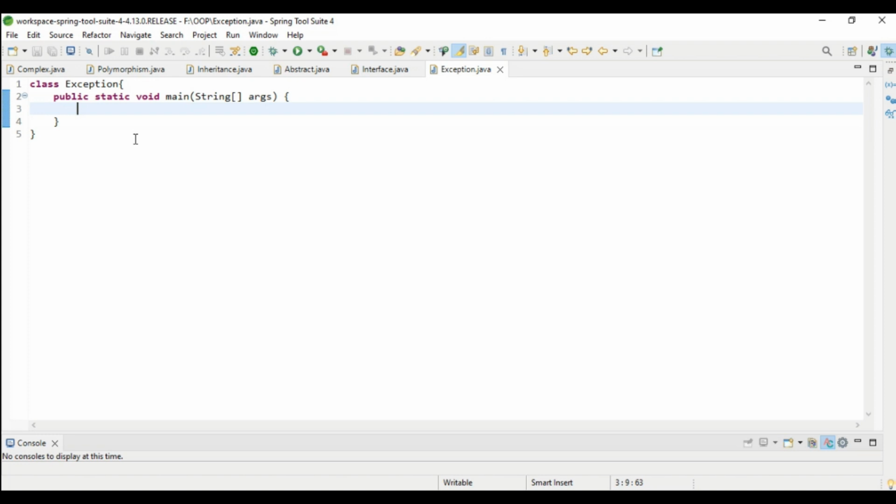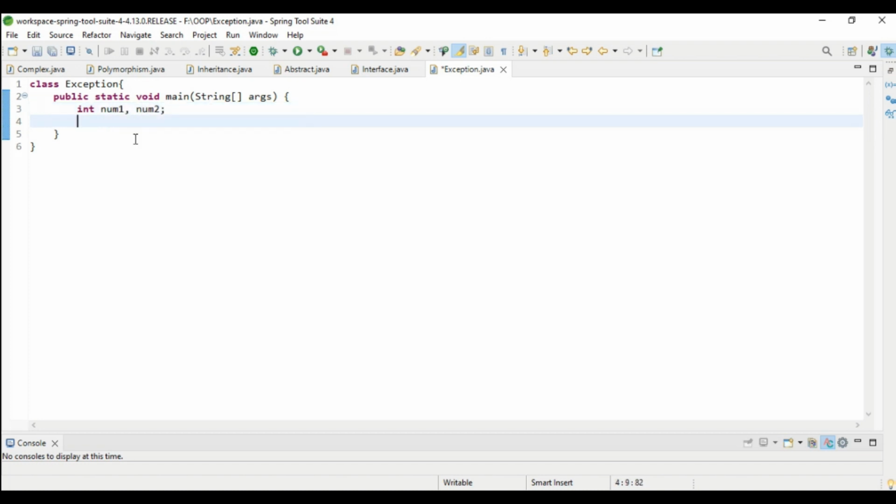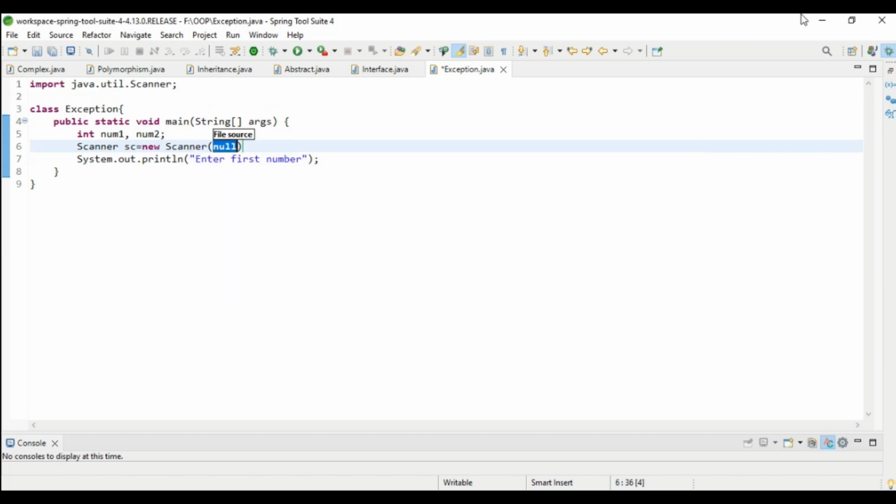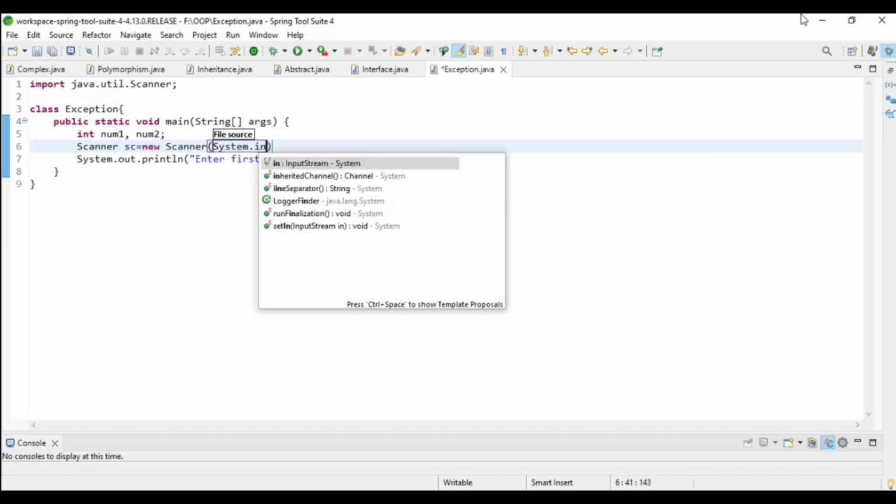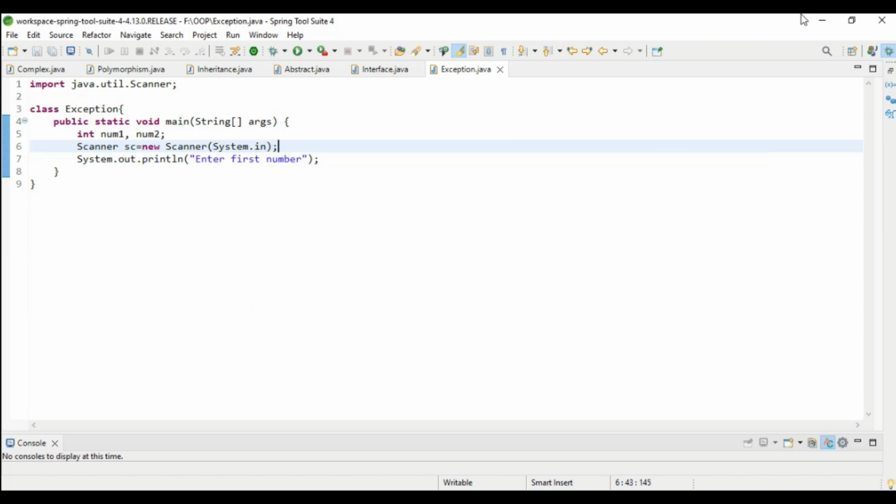Here we are going to take two values from the user, integer num1, num2. System.out.println, enter first number. For taking the value from the user, we are using the scanner. Scanner sc equal to new Scanner(System.in);